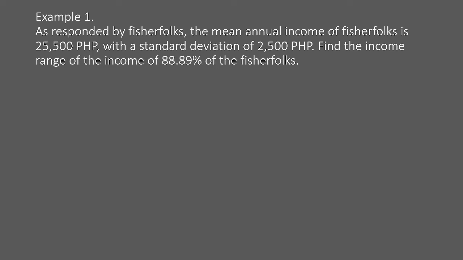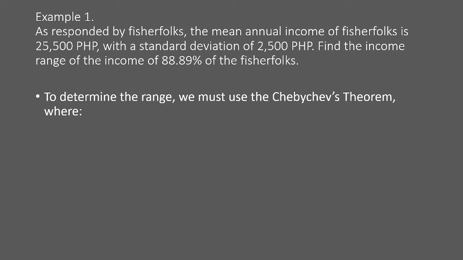So what we can do here, class, is we just need to determine that range, we must use Chebyshev's theorem, where we can actually use the 1 minus 1 over k squared. So paano natin ito gagamitin? Since we are asked to get the 88.9% of the fisher folks, all we need to do is equate this proportion, since this is a proportion based on our Chebyshev's theorem. We just need to write that